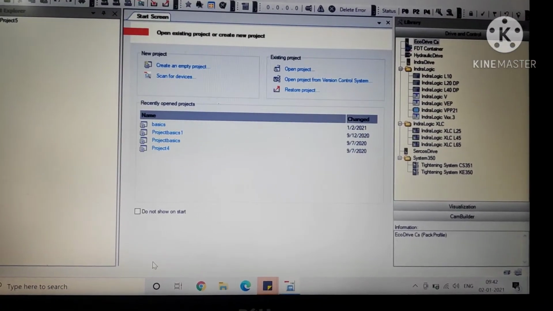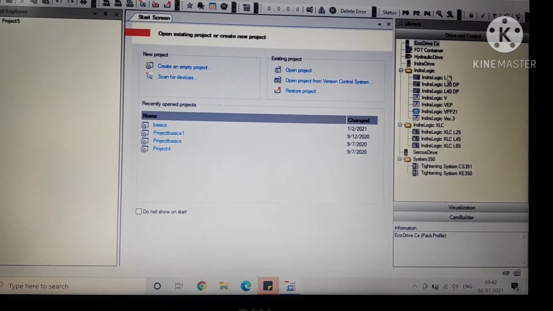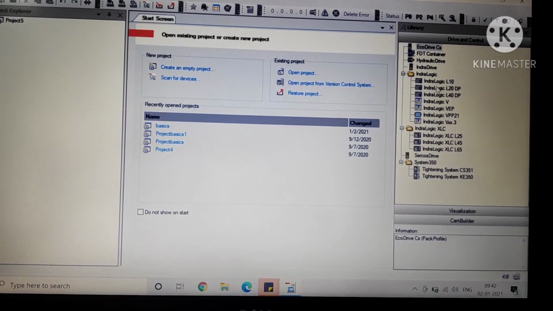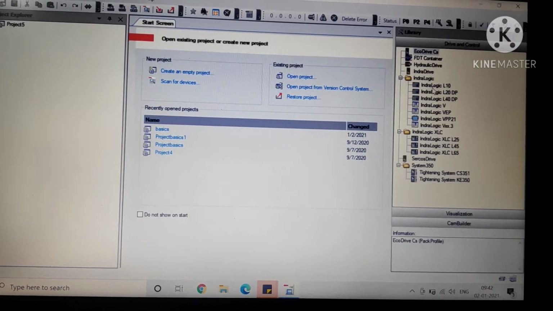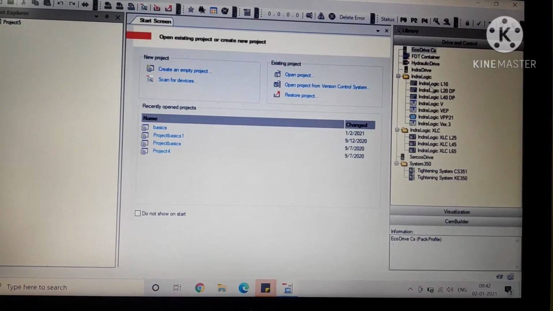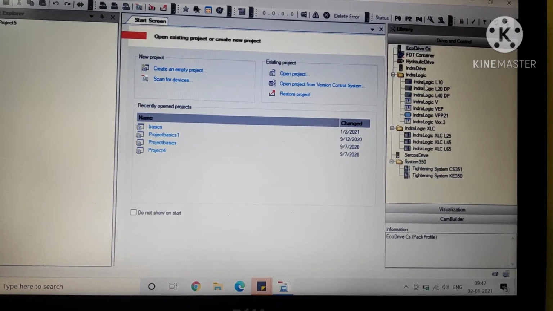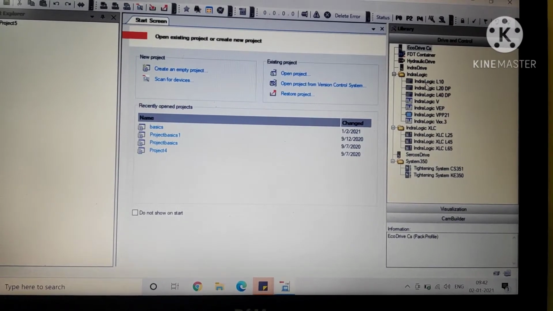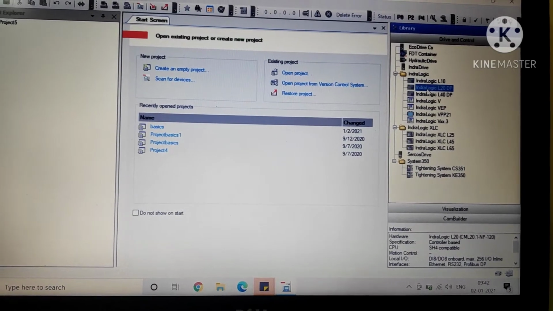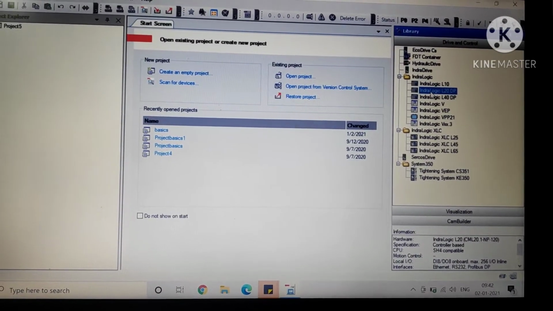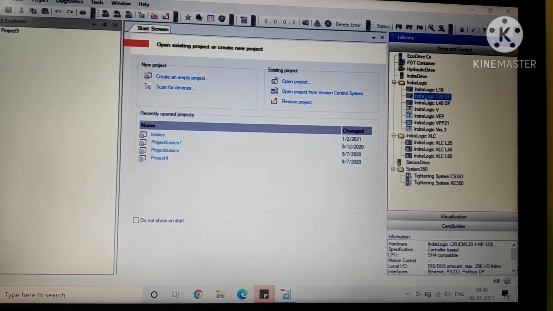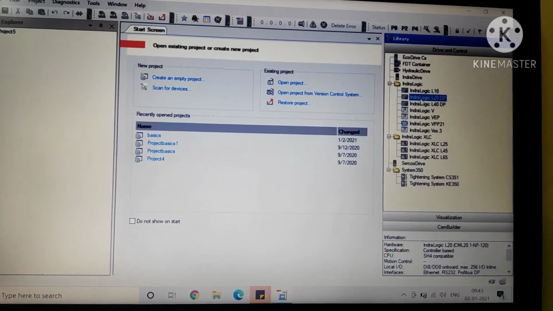Here, you can see IndraLogic L10, L20, L40, and different types of IndraLogic. We have names, right? I have my name, you have your name. The PLC you are seeing in our campus also has a name and a type. The PLC we have in our campus is the L20DP PLC. It is very important to know the type or name of the PLC. Let me tell you why.